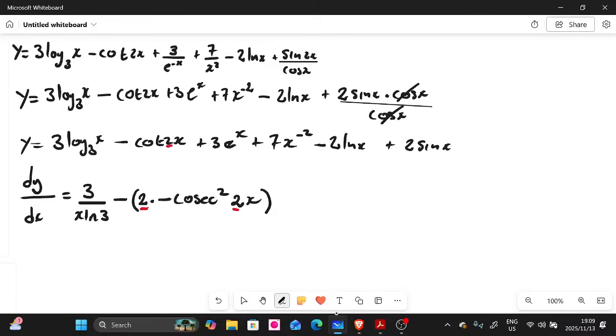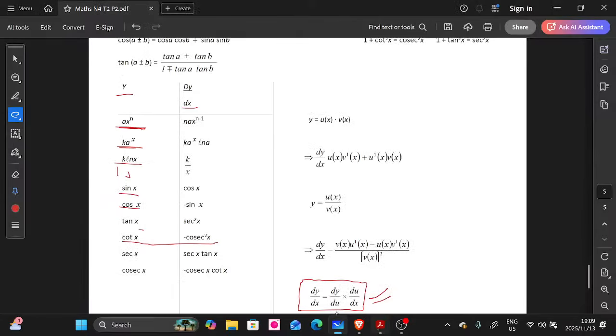Now let's look at this term here, which is the third term. Be very careful. People tend not to remember what type of differentiation this is. Look, x is the exponent there. This means it's an exponential differentiation. Now you can go to your formula sheet. For exponential, it's this one, guys. Do you see this? This is exponential there.